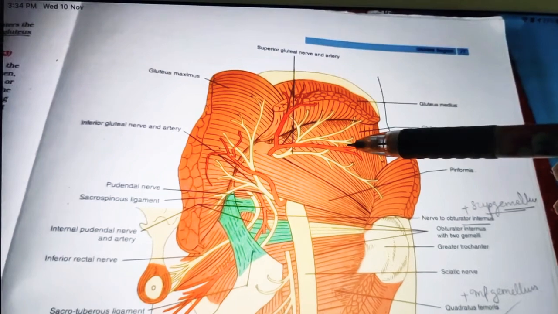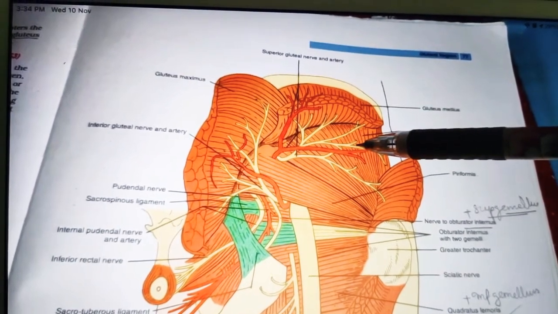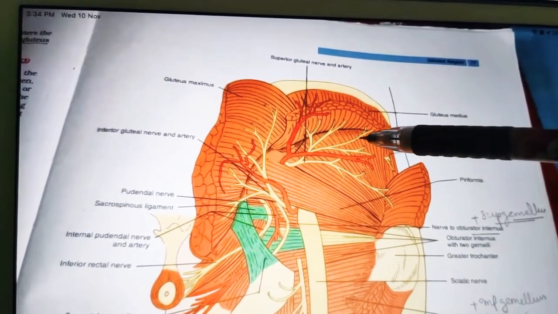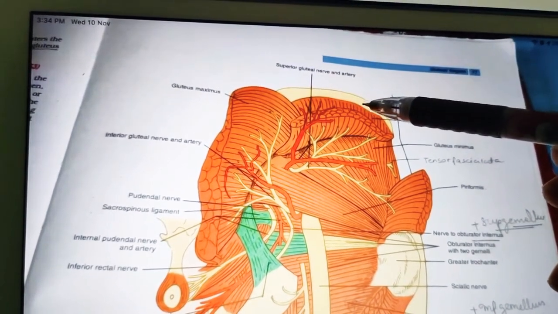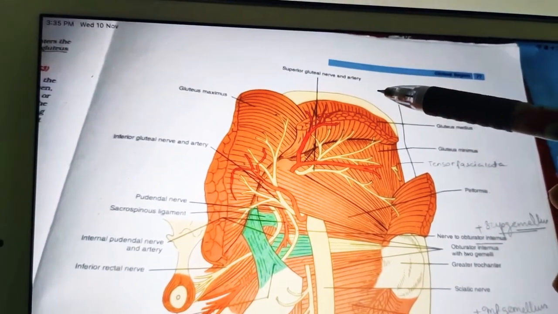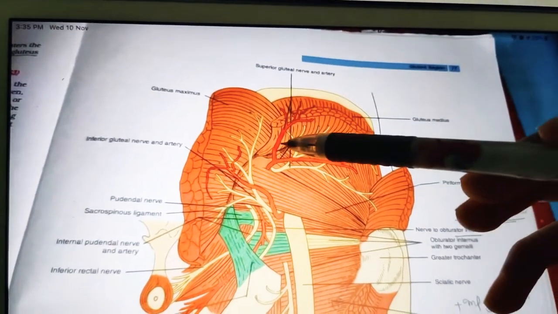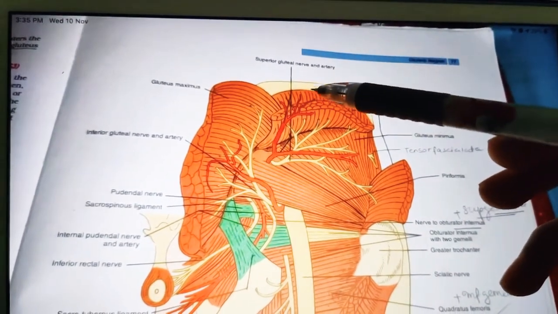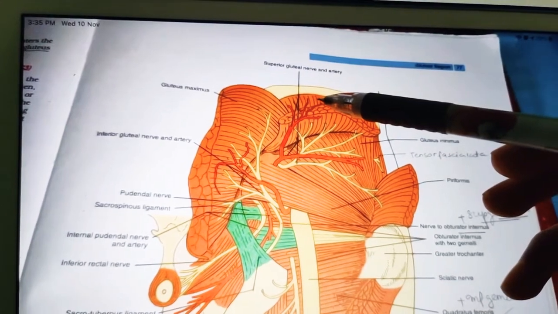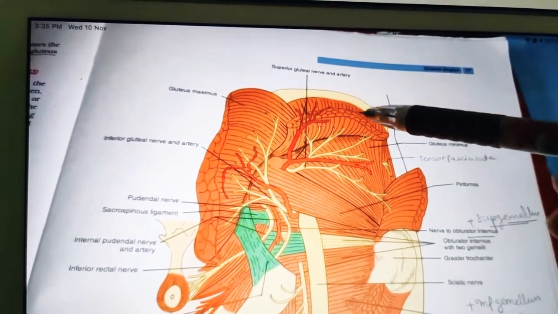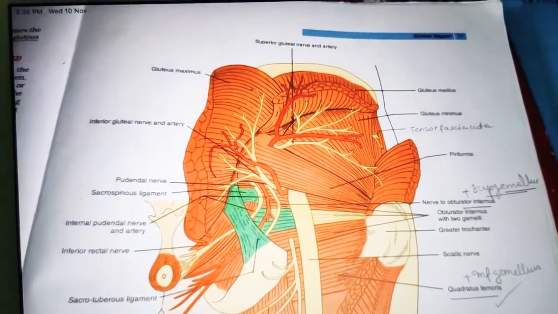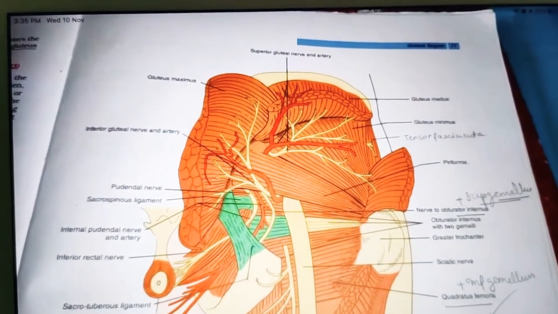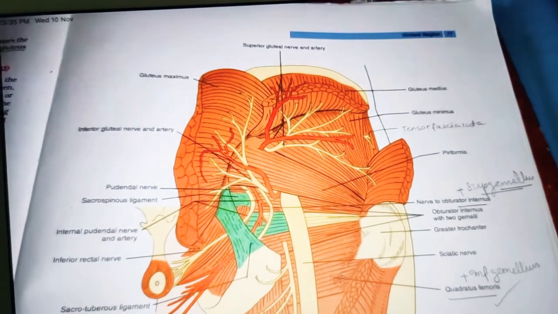The superior branch ends at the anterior superior iliac spine by anastomosing with the ascending branch of the lateral circumflex femoral artery. So remember that it will anastomose with the lateral circumflex femoral artery at the anterior superior iliac spine. The inferior branch joins the trochanteric anastomosis, which we will discuss in this video. Then you will get a very clear idea about the superior gluteal artery.